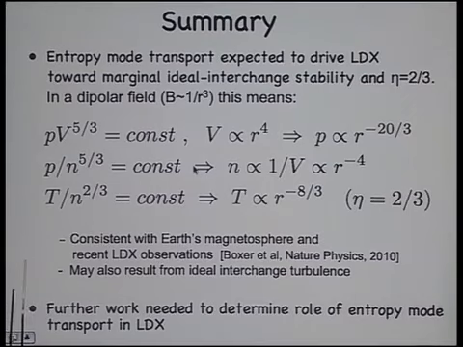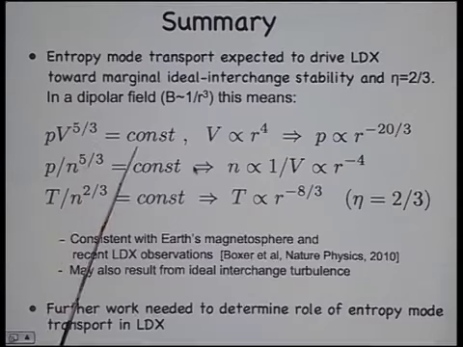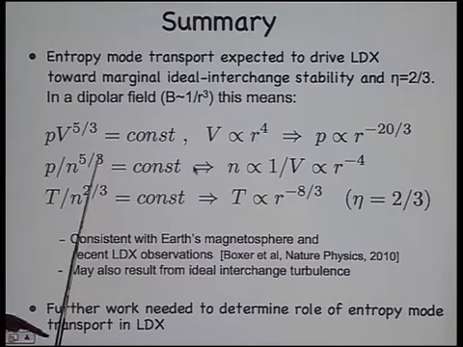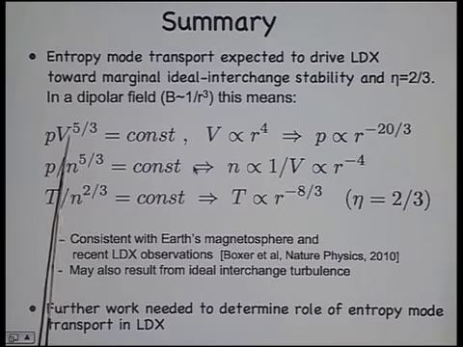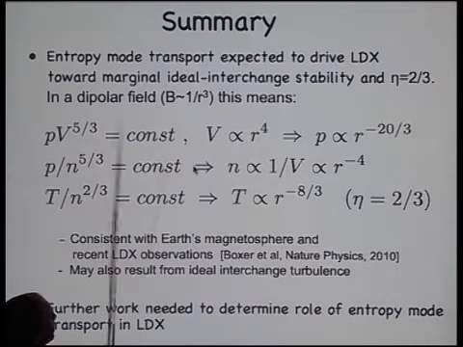Now, since B goes like 1 over r cubed, the flux tube area increases like r cubed. The volume is like the length times the area, so the volume goes like r to the 4th. So this condition, which comes from marginal ideal interchange stability, so that's pinned up against that horizontal line, means essentially that P goes like V to the r to the minus 4 raised to the 5/3 power,